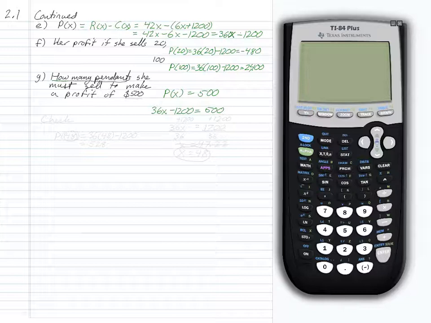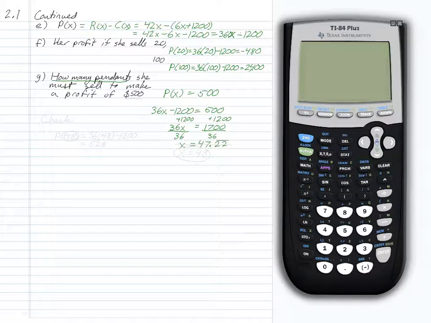What we were asking is how many pendants, and since x represents the number of pendants, we're on the right track. So if I add 1,200, we'll see that 36x equals 1,700. And if I divide both sides by 36, I get x alone. And again, our division here results in a slightly strange number,